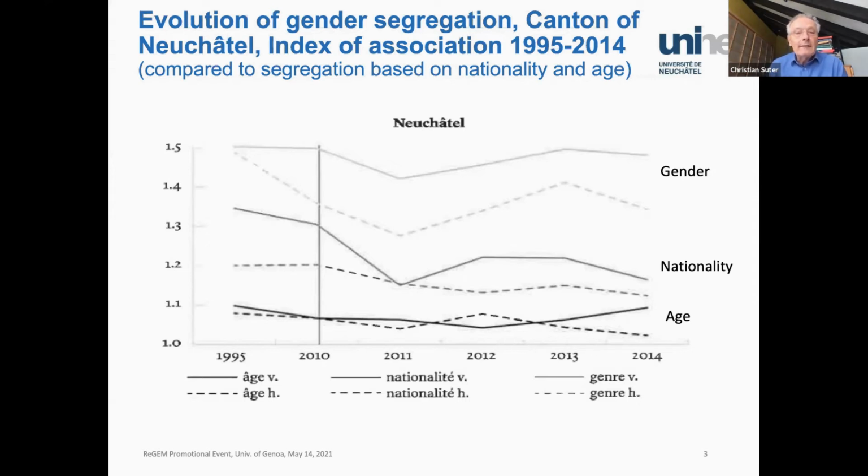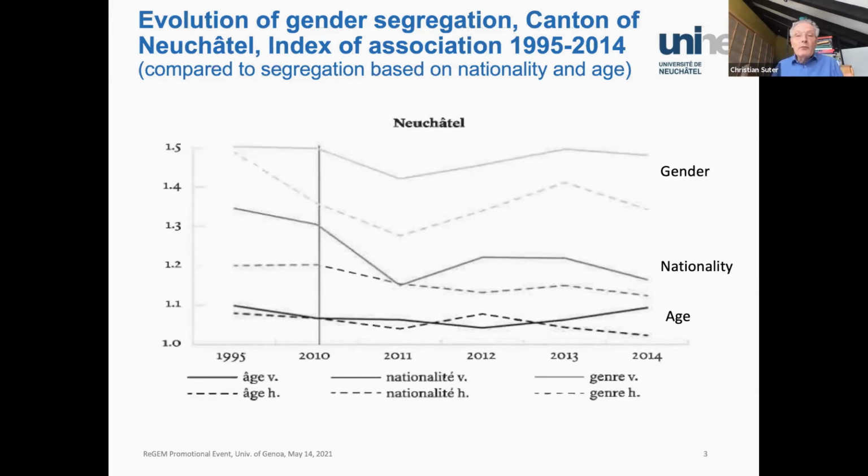This is the index of association, which means that if you have the value of 1, you have equal ratios between females and males, or Swiss and non-Swiss, or young and older people in the professional fields, but also with respect to horizontal segregation, or on different hierarchical occupational positions with respect to the vertical segregation. So what is interesting and what comes very clearly here is that gender segregation is the most important element